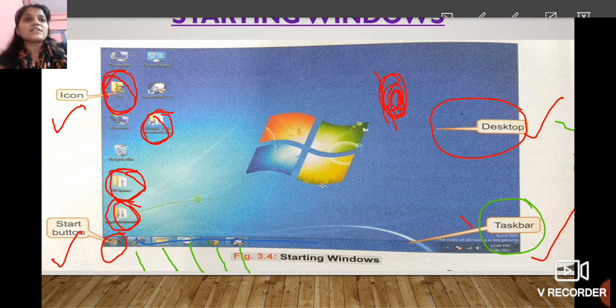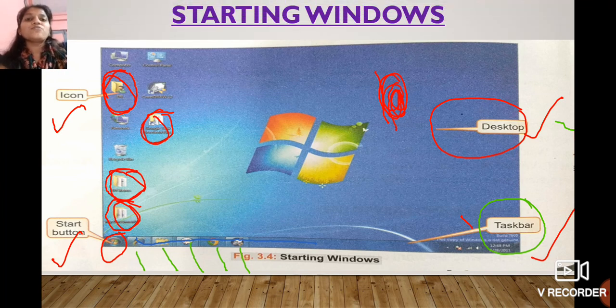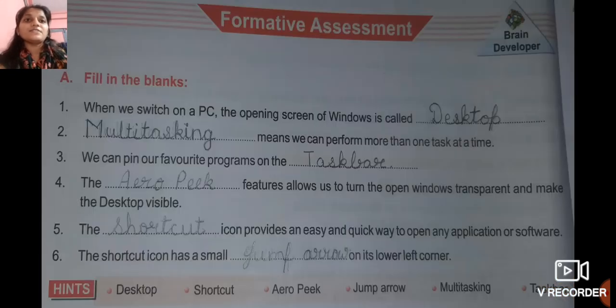Okay, so icons we can see that files and folders. Okay, start button also we have seen, it is used to start a program. Desktop, it is the blank area. Okay, taskbar, we can open our favorite programs with the help of taskbar, that we have seen.